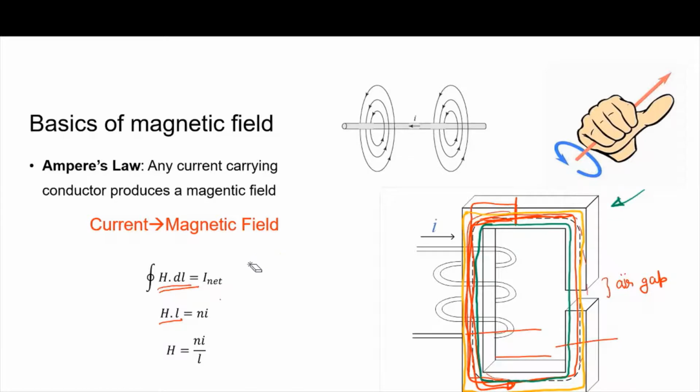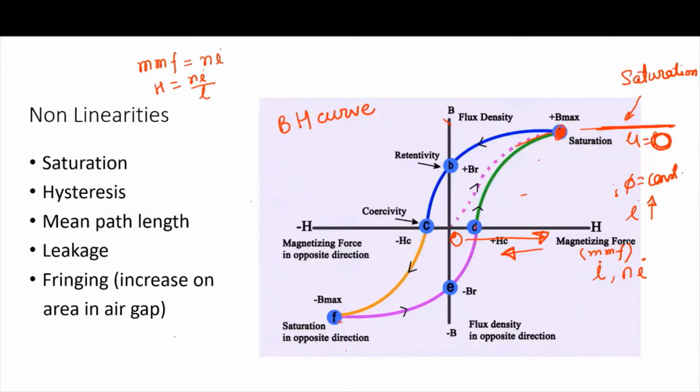So for calculating this magnetic field intensity or flux or reluctance, basically this path decides your reluctance. What value of length should we take? Should we take the inner one? Should we take the outer one? Should we take the middle one? So there is an ambiguity. What you should look for in the data sheet is mean path length. That's the number given for these core materials. You can use that number to calculate the reluctance for the core. That's again one non-linearity.